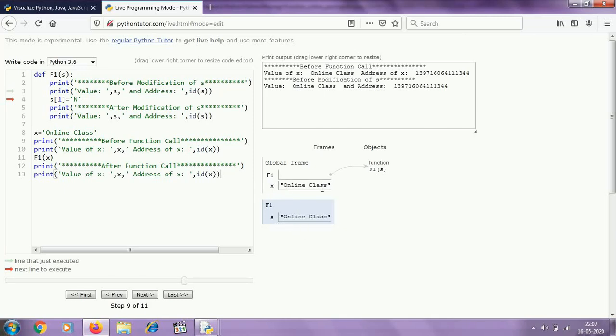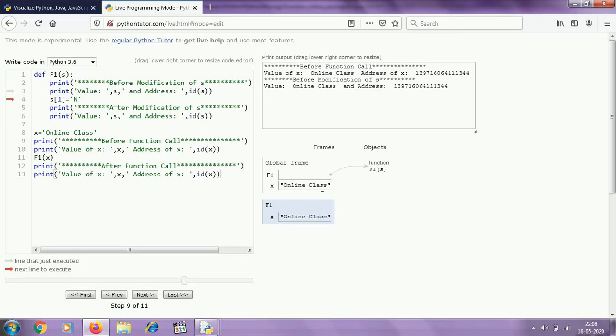So in all cases the parameter and argument will point to the same object. But if the object is mutable, that means if we change the parameter, the change will affect the argument also. But if the object is immutable, then if we change the parameter, the parameter will be changed but the argument will remain the same.